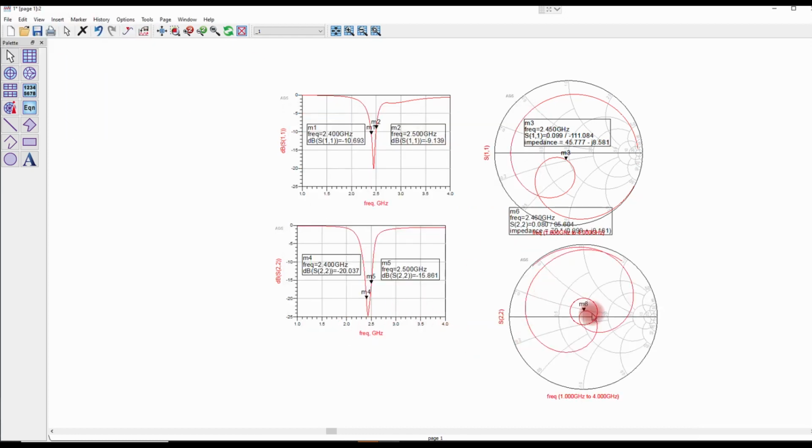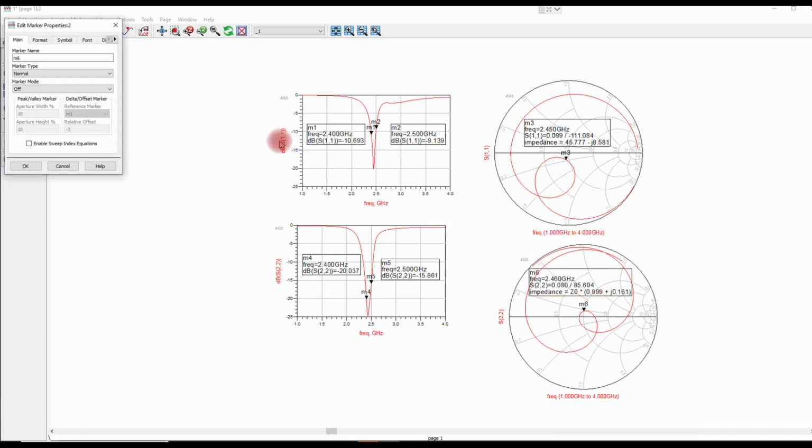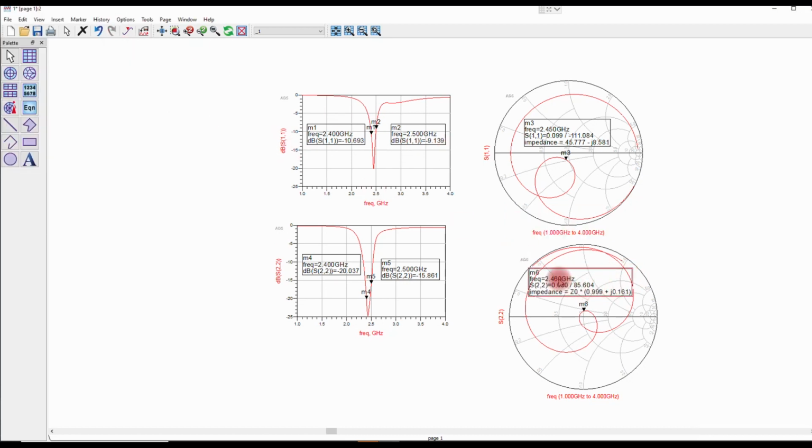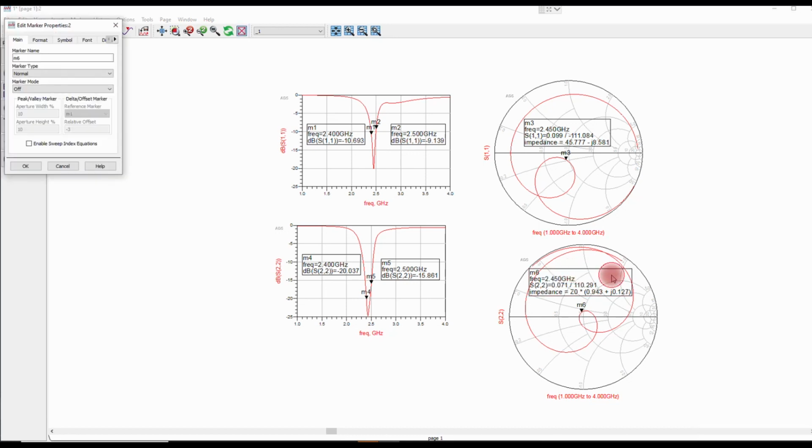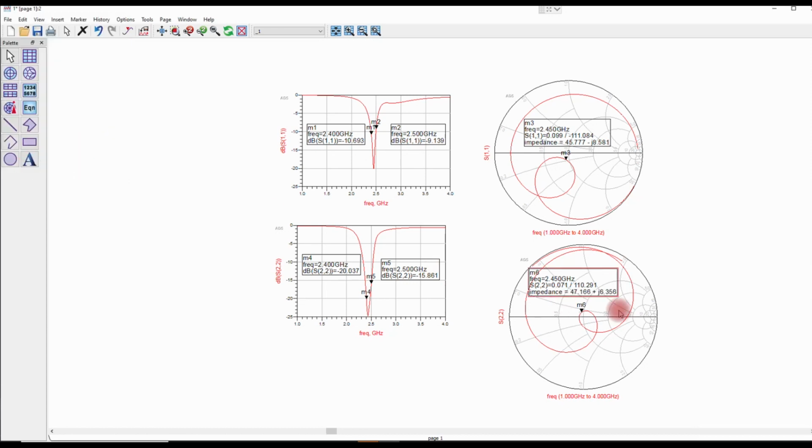Now we will place a marker on the center frequency of the band, which is 2.45 GHz. The impedance is very close to 50 ohm.